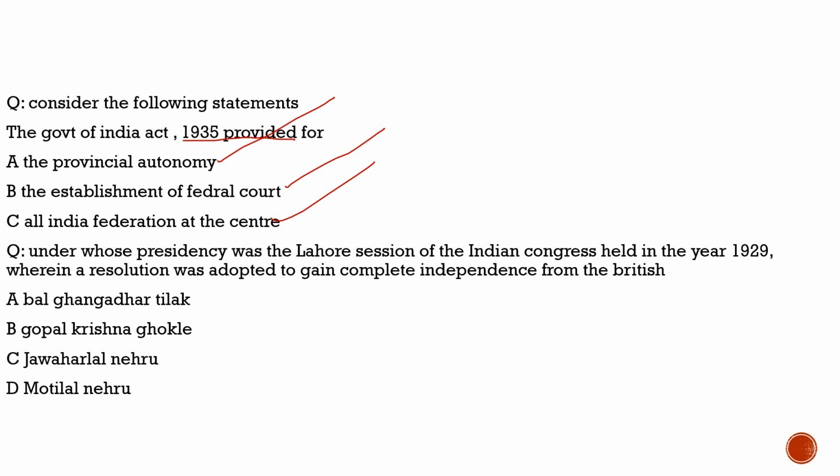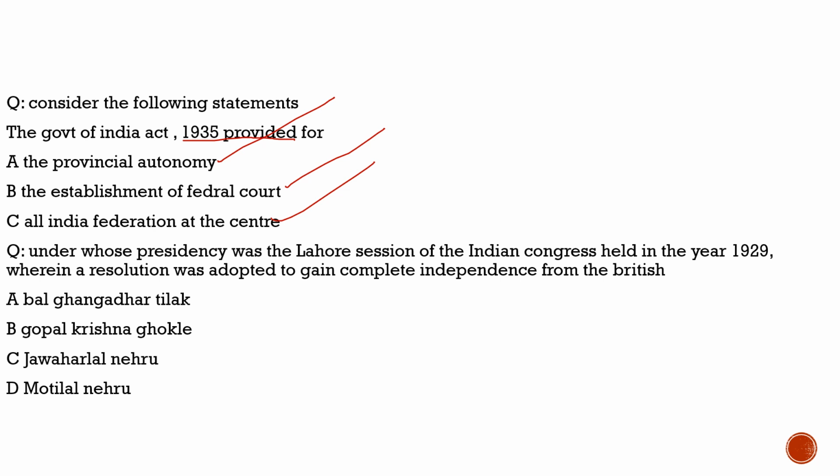So here what we get to know is that a similar type of question can be asked by UPSC. Here they will only ask about the provincial autonomy, it was given under which law by the British government, or they will directly ask you about the federal courts, or they will directly ask you a question about the All India Federation at the center. So what becomes important for us here? Here we need to know about these independence laws which were brought up by the British government. So they become important for us. This is the torch shown by the UPSC examiners to us on how we have to go through our preparation.